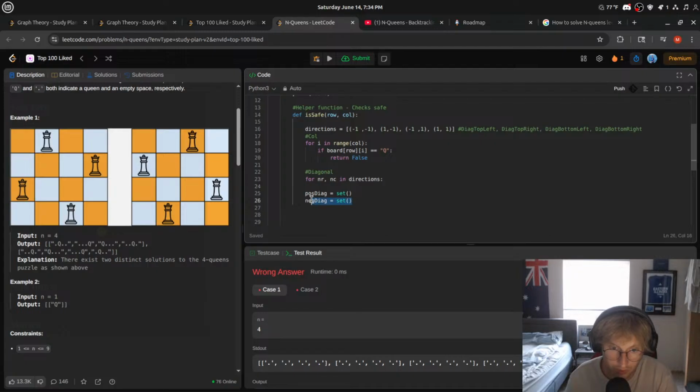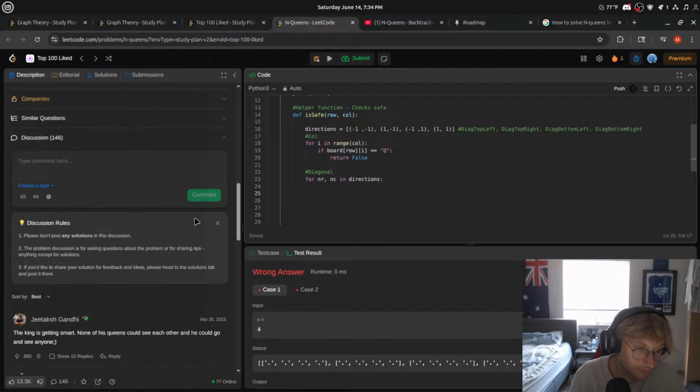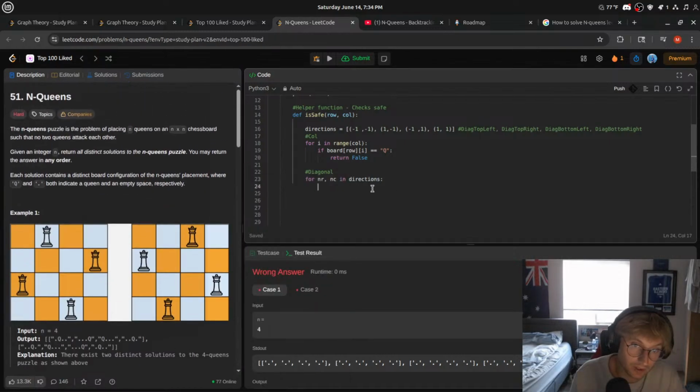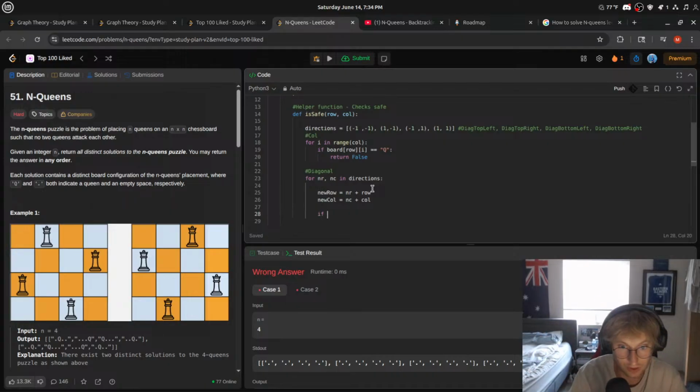Maybe this is a terrible way to do it. I don't know. I mean, this is probably n squared. I don't know if it would accept this, but we'll try. We do new row is equal to nr plus row, new col is equal to nc plus col. And then we check, we obviously have to check if it's in bounds. If 0 is less than or equal to